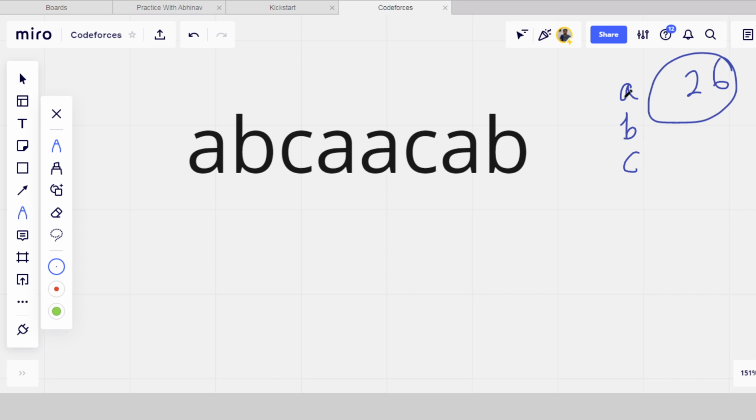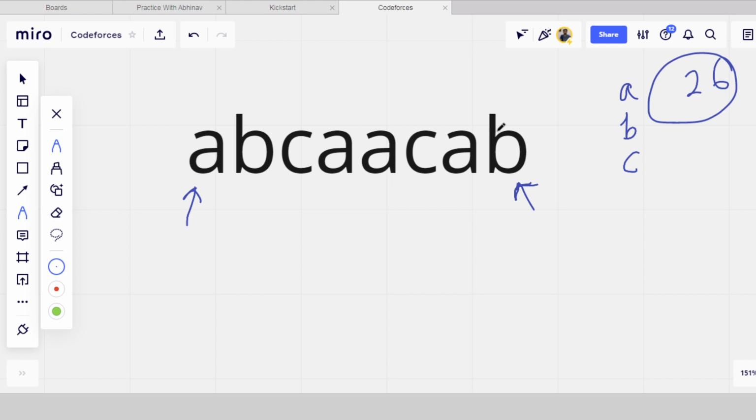Now we will check for each and every alphabet. For example, in this string only A, B and C are present. So first of all we will check for A. How can we check that? We will check using two pointers. The first pointer will point towards the first character and the other to the last character. It will check whether both letters are equal. If they are equal, both pointers will move inward. But here A is not equal to B, which means it is not following the palindrome condition.